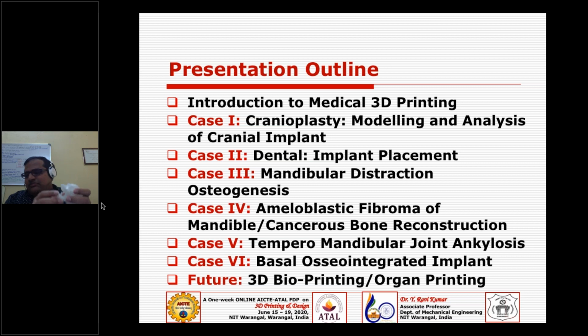But we have some cases where we cannot. Why? Because it got fused. So the TMJ got fused. I'm going to discuss in detail during the course when the case comes. So the basic idea here is how to set right your TMJ joint, that is one case, and we have another one, which is reconstruction of these bones. And then finally we are going to see the future of this 3D printing technology.